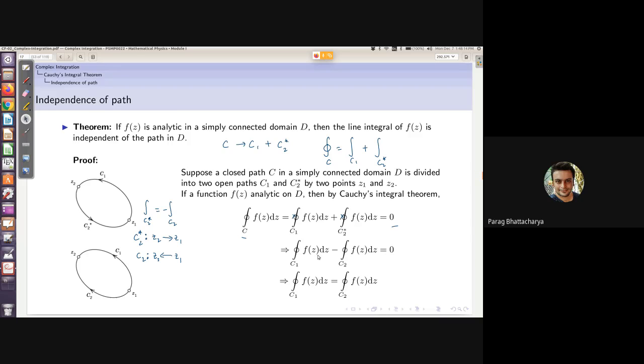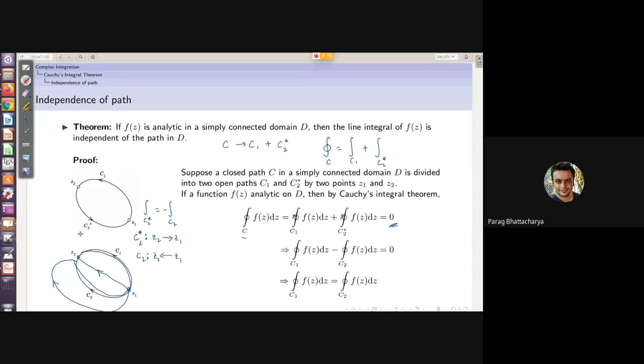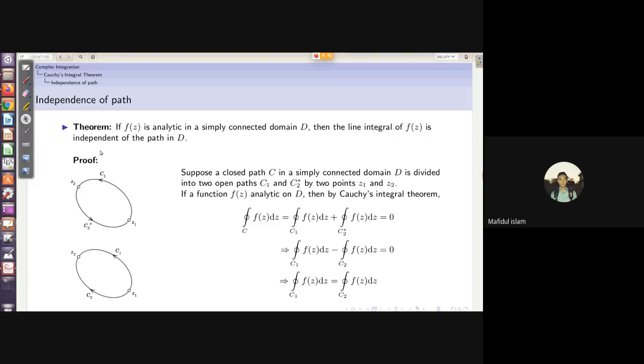So now on the right hand side there is a 0. We can always bring this to the other side. It really does not matter if you're trying to integrate from Z1 to Z2. You could go this way, or you could go this way, or you could take some other path like this, because after all, if you reverse the direction, this will also form a closed path, and over that again the result, according to Cauchy integral theorem, will be 0. So the path does not matter so long as the endpoints are the same. Okay, is this clear? Yes, sir. Any questions?